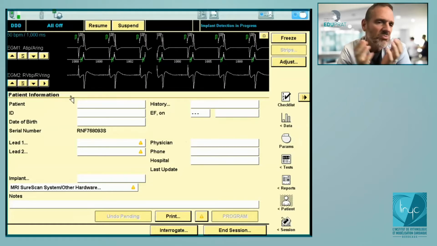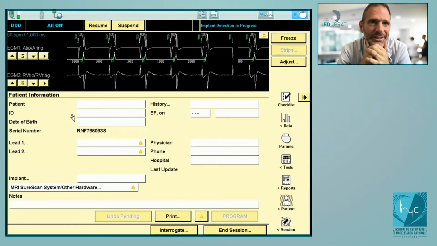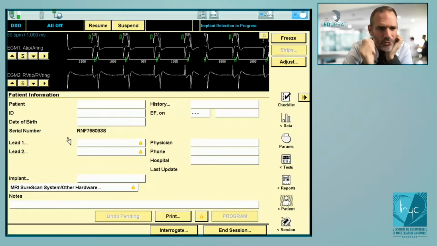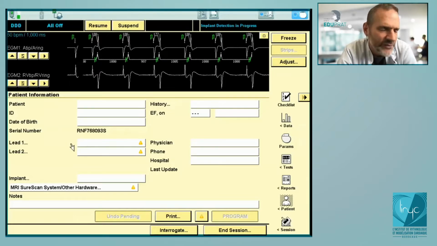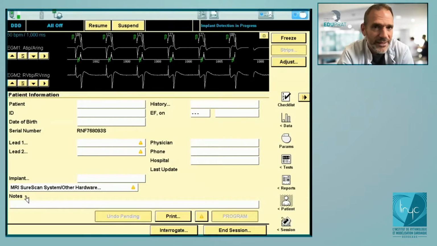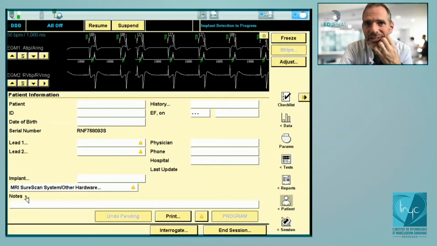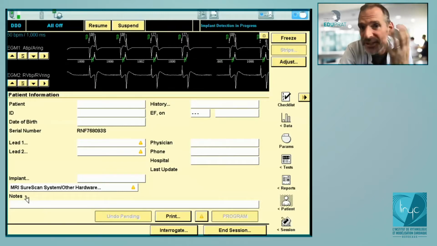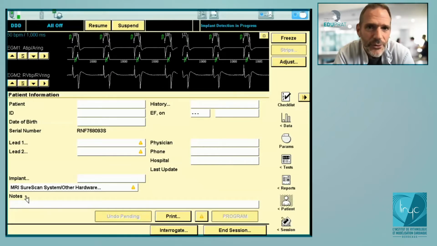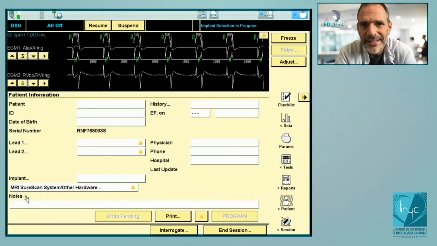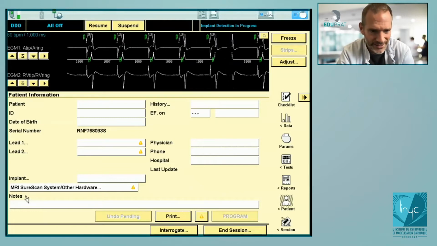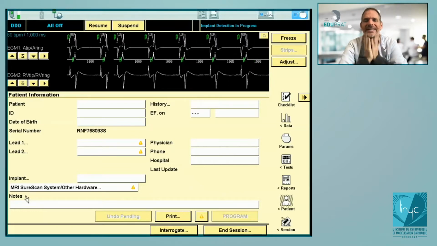And I think also every time I ask that, you enter which kind of lead is it? Is this unipolar or bipolar? And sometimes also you see the notes. If there is something very specific in this patient, I ask the nurse to write it right there. And then every time I will interrogate the device, I will know that this patient, for example, received anticoagulation for atrial fibrillation, something I consider clinically relevant, or relevant in terms of the device, if there is a lead dysfunction or something like that. Okay, so now if you come back to the screen,